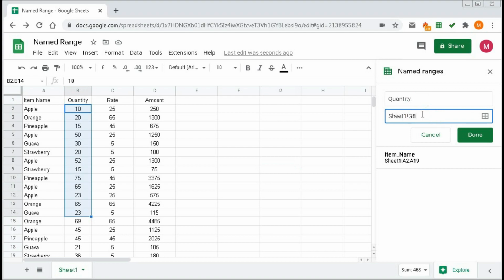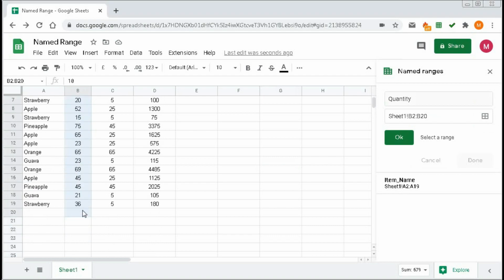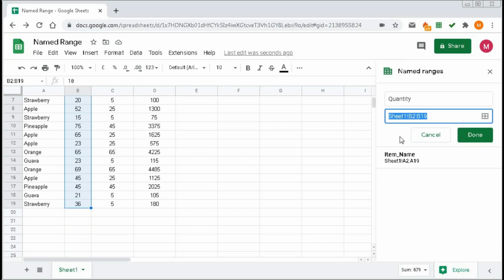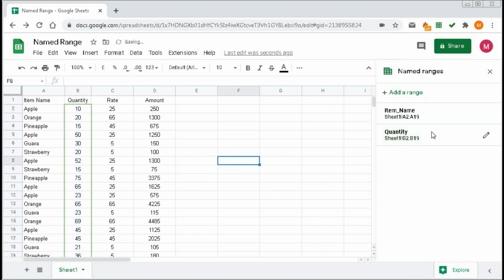So to change the range here, you can type it manually or click on this button, select data range, and then select this one. You can see the range appeared, and now click OK. After that, click Done. You can see the named range for quantity has been done.